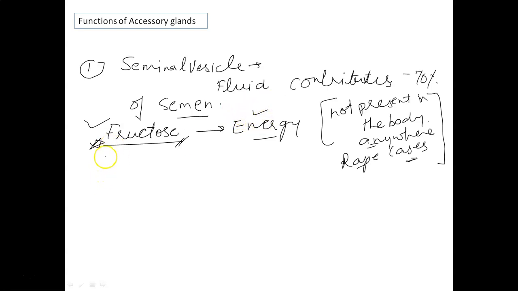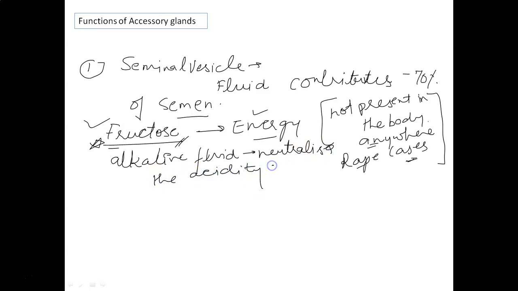The second thing present in this seminal fluid is that it is alkaline in nature, so it neutralizes the acidity of the male urethra and also of the female vagina. So the alkaline fluid neutralizes the acidity. Now the next one, the third one,